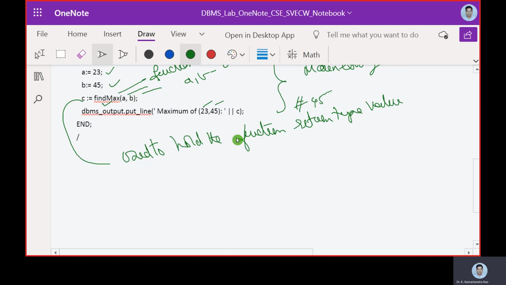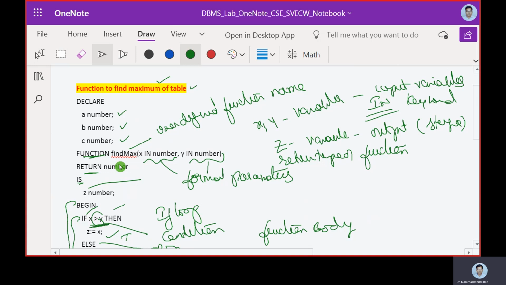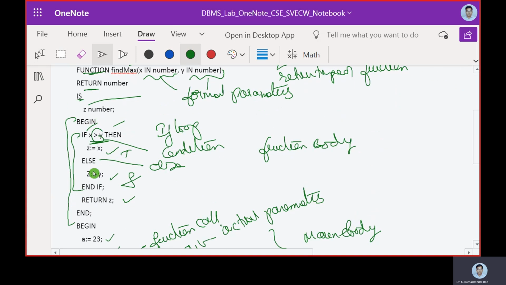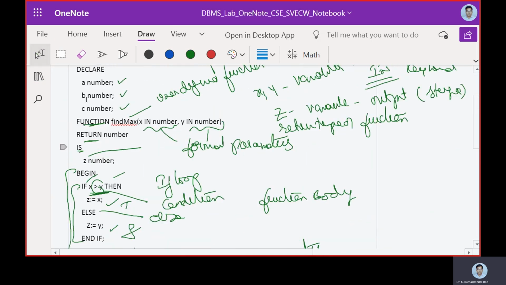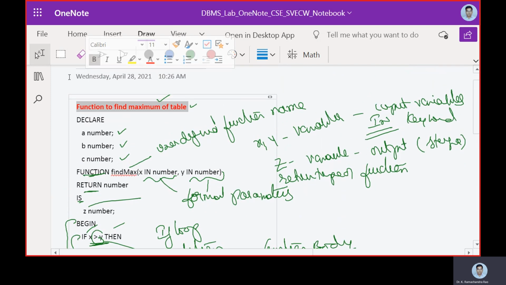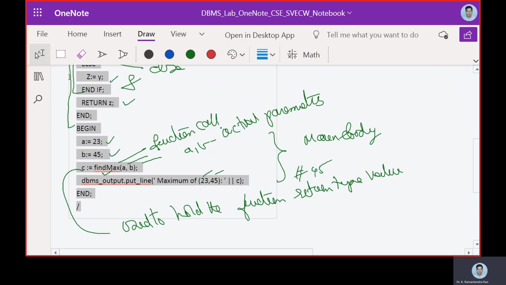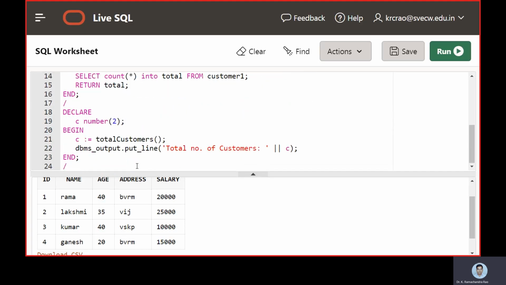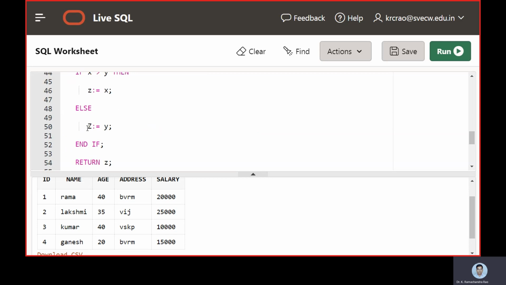So that's a simple program, but the agenda was to illustrate how functions are demonstrated in PLSQL with some simple loop called as if. So what we will do is, we will select this entire program, and we will move to the SQL work area, and then we will see how the program is going to be executed.